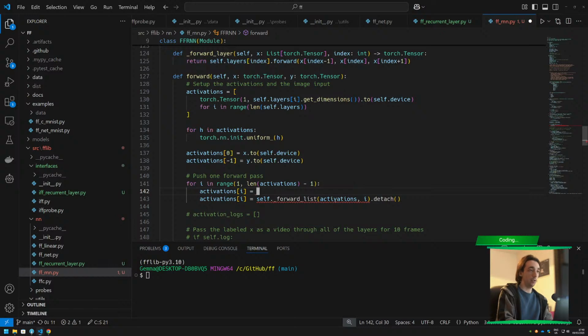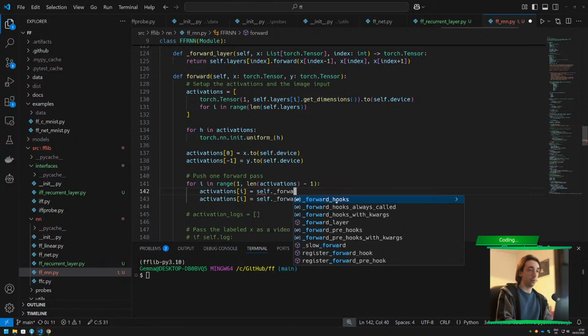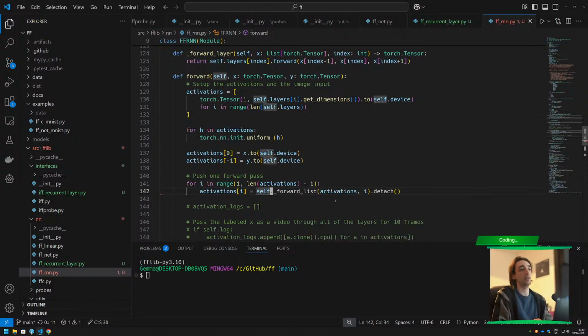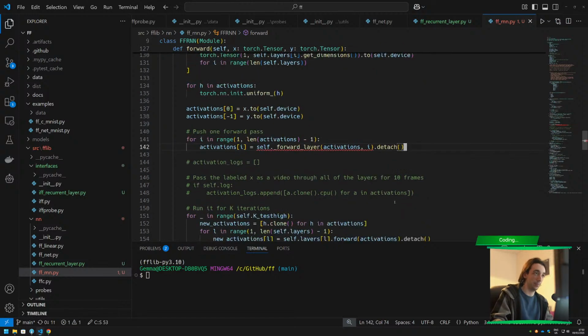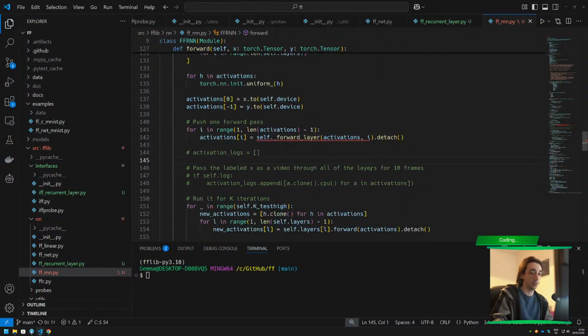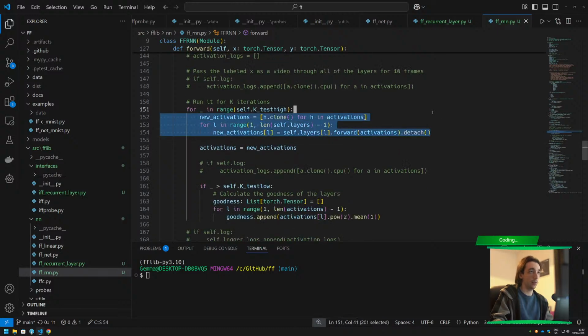Activations at I. Self dot forward. Oh, forward layer, not list. What am I doing? Of course. Okay. Forward list. This is correct. And now we are doing